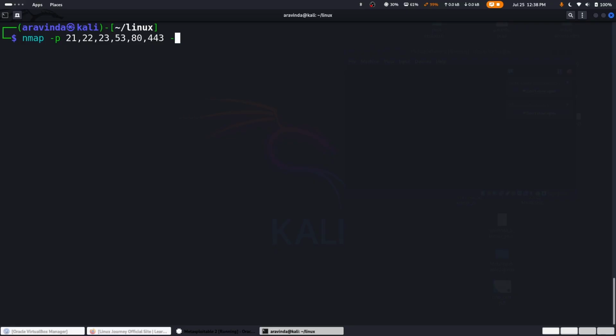So -sC for default scripts, or let's not do -sC, and let's do -sV for service version enumeration, and let's do -sS to maintain a stealth scan or SYN scan. And let's not use the -A option because -A is for aggressive mode or all scan. Let's do -oA, which is output in all formats, and specify the name of the file as metasploitable2, and let's give our target, which is